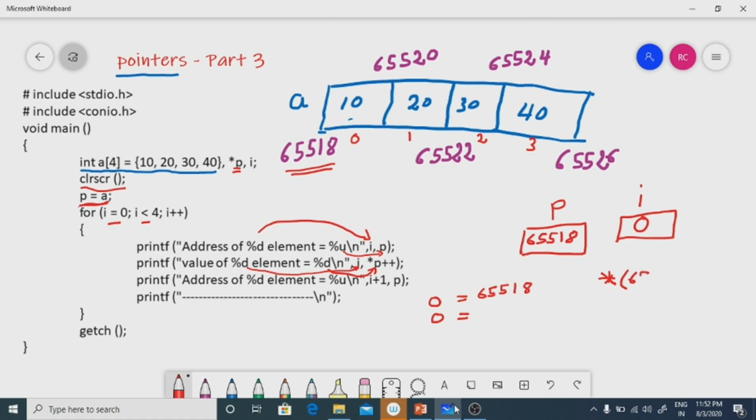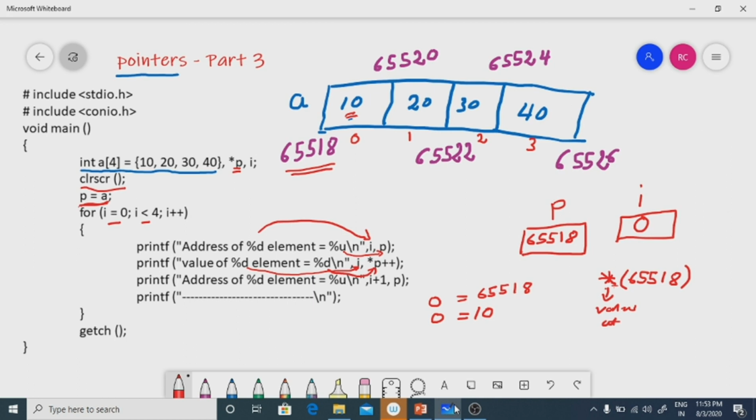What is there in p? 65518. So *p means the value at this particular address; star means value at. The value at 65518 is 10 now, so 10 will be printed.